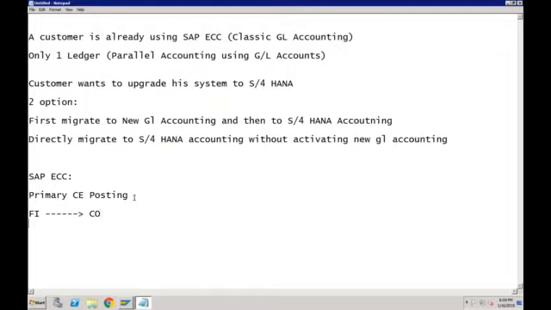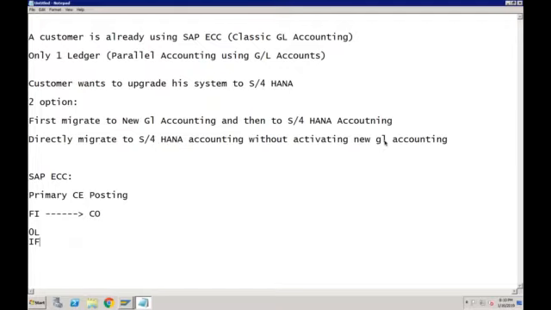Now, let's say you are doing the transaction in the leading ledger and you are doing the transaction in IFRS also. In FI, you have two ledgers, 0L and IF. Now, when these postings go from FI to CO, can you tell me whether the postings will go from ledger 0L or from IFRS or from both?